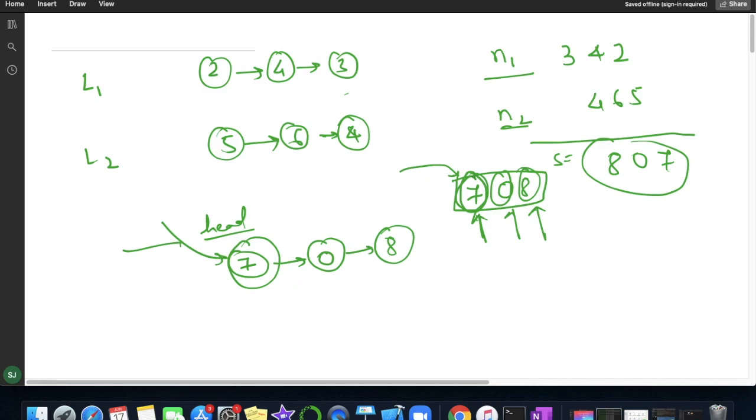Similarly we move forward, and at last we return the head of the newly created linked list. So this is the problem. Let us try to solve it in the same fashion.